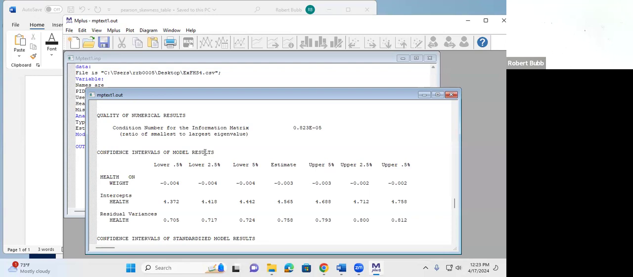So again, our best guess for the slope between weight and health is negative 0.003. We can say that there is a 95% chance that the actual population slope falls somewhere between negative 0.004 and